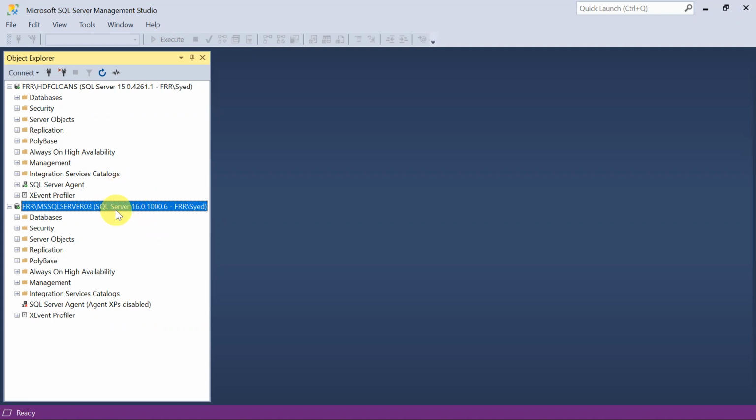Why? Because the actual release is still not there. So our latest version is 2022, but in the organizations we are using the 2019 version,